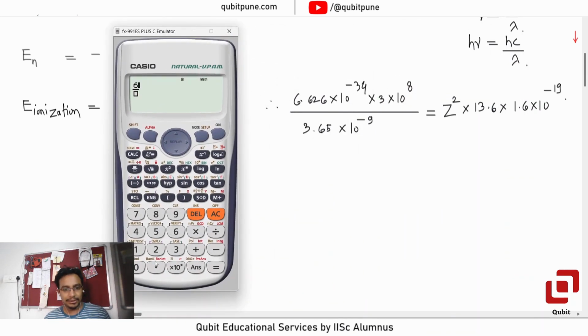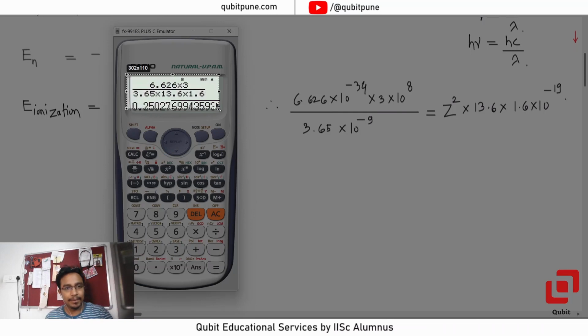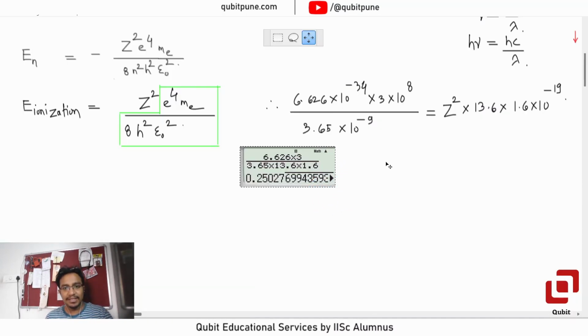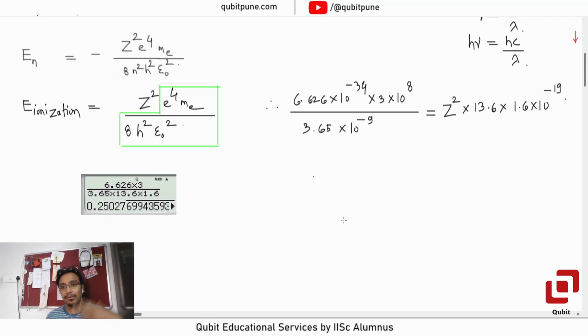Okay, 6.626 into 3 upon 3.65, okay, into 13.6 into 1.6. So this basically gives me what? This basically gives me the digits that our square of atomic number has: 0.25 into... now that might be the case of atomic number 5 because square root of this is 0.5, but